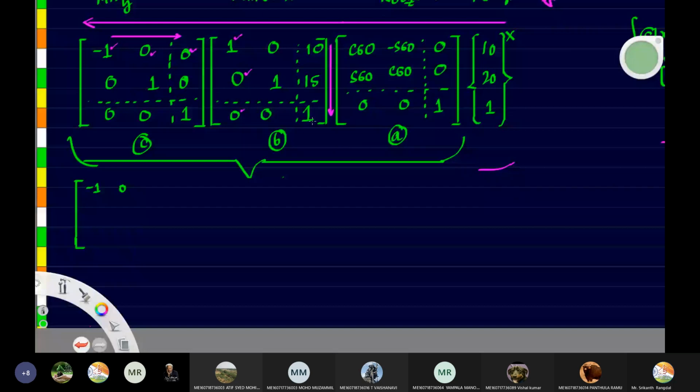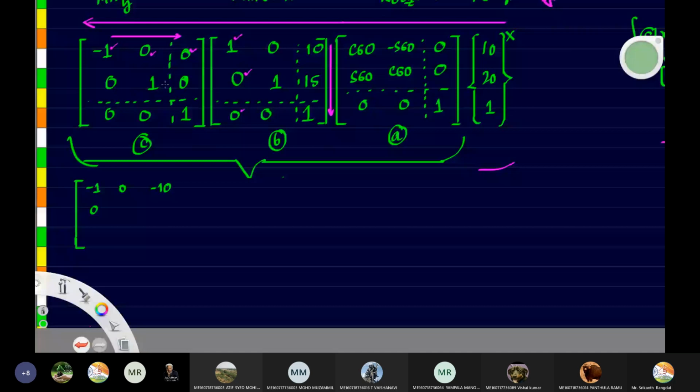Are you following this matrix multiplication? Any doubts here? No, sir. Okay, then now we have to take up the second row of the first matrix, first column of the second matrix. So 0 into 1, 0, 1 into 0, 0, 0, 0. So the result is 0 here. Then again, second row, second column. So 0 into 0, 1 into 1, 0 into 0. So the result is 1.